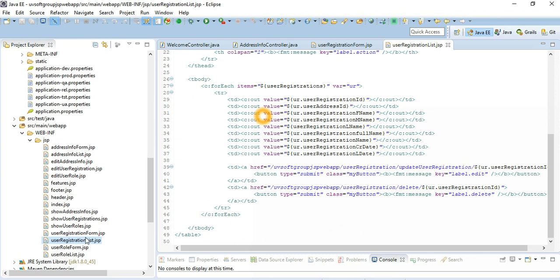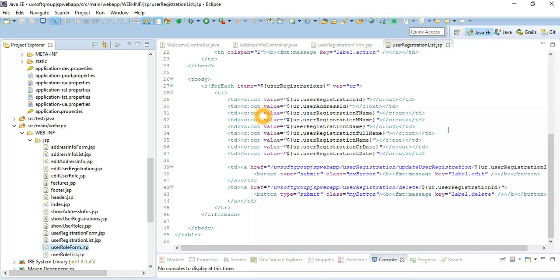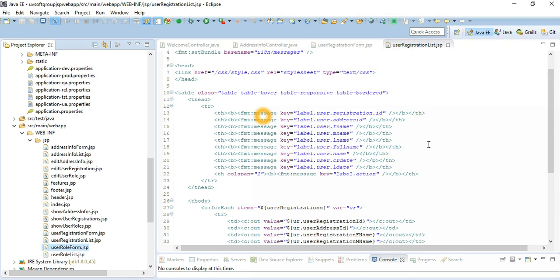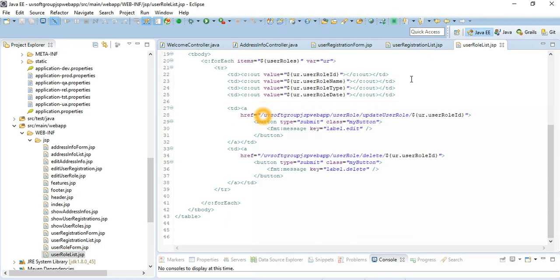Now it is the same thing here for the user role. You get a really clear idea of how it is done. So we need a form, we need a list of users or a list of domain objects to show, and within the list of domain objects, then we need to do our